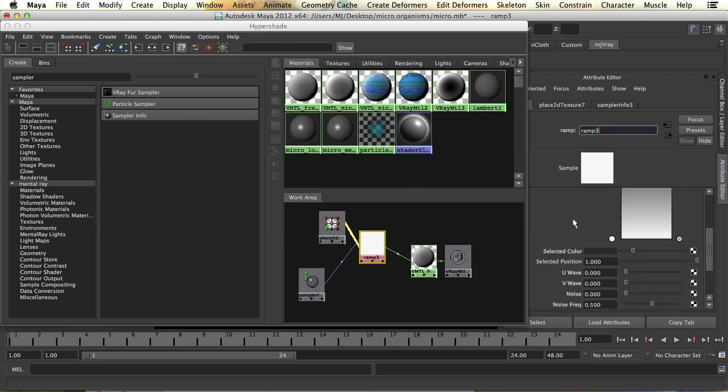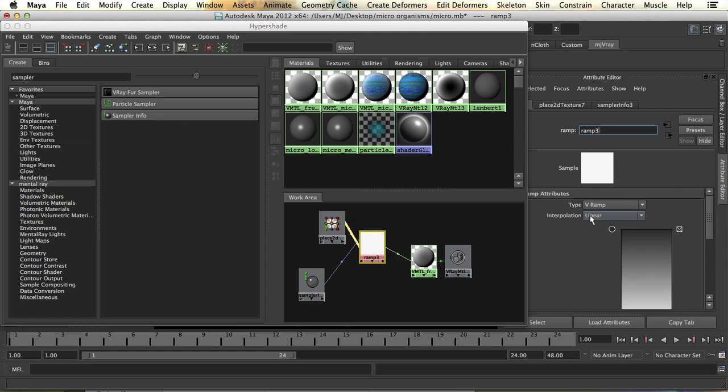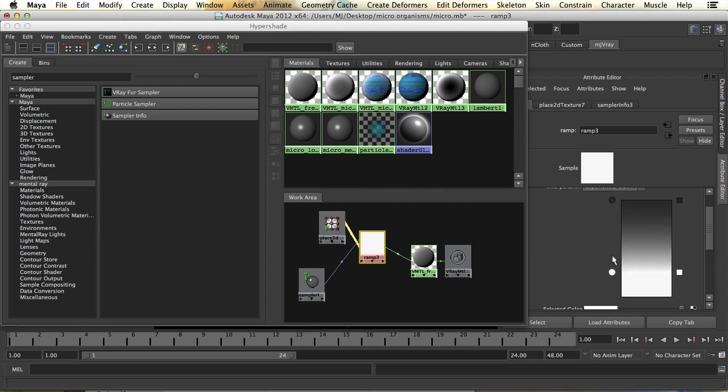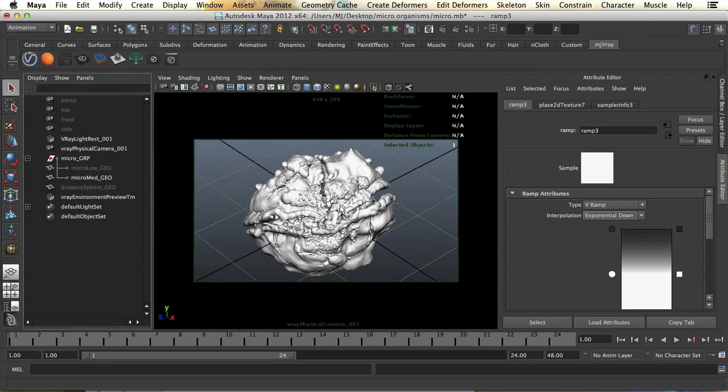Now, another thing we want to mess around with is the interpolation. Right now, it's just linear, so it just goes from white to gray, straight like that. So what we can do is we can mess around with the other ones. One I like to use is exponential down. Maybe pull this off. It just gives a slightly harsh falloff, but most of the time it looks pretty good, I think. So with that done, let's just go onto Hypershade,